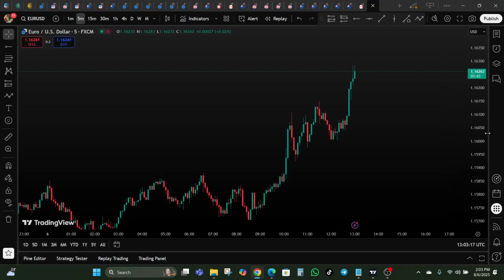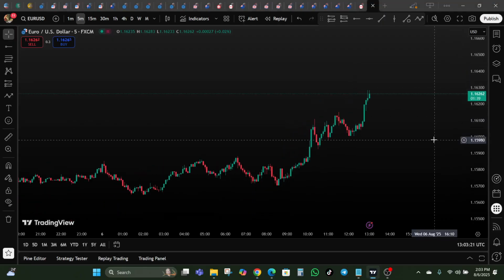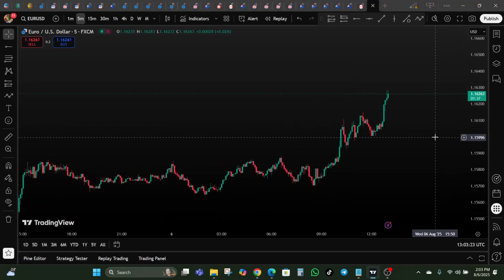What exactly is liquidity in trading? Well, liquidity is the fuel of the market. It is where large buyers and sellers enter the market, and institutions need liquidity to execute big orders. But here's the truth: liquidity is found where traders place their stop losses,